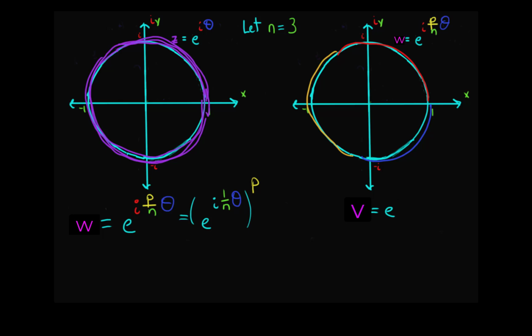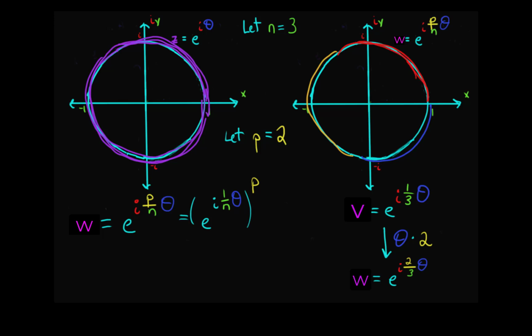So let's call that function inside the parentheses, let's just label it v. So we have v equals e to the i times 1/3 theta, and now we're going to raise this whole expression to the power of p. And again, to make this example more concrete, we'll let p equal 2. So now we can ask what would happen if we were to raise the function v equals e to the i times 1/3 theta to the power of 2. Well, we know that raising this thing to the power of 2 is the same thing as multiplying all the theta values by 2. So effectively, squaring v to get w equals e to the i times 2 over 3 times theta